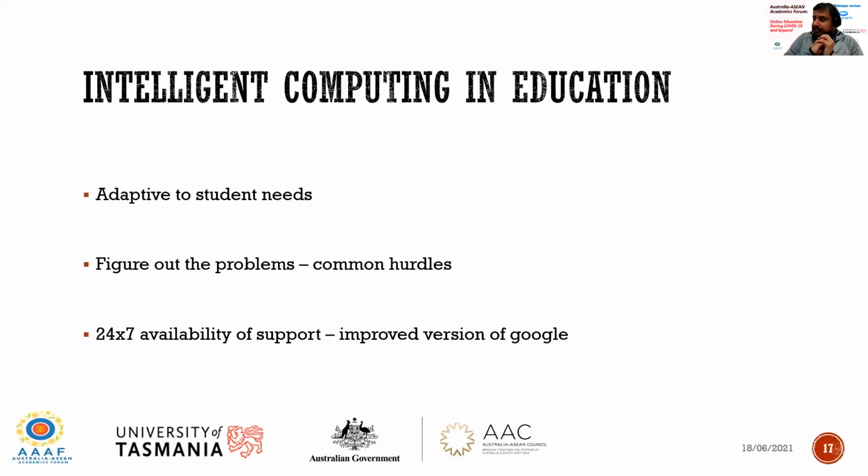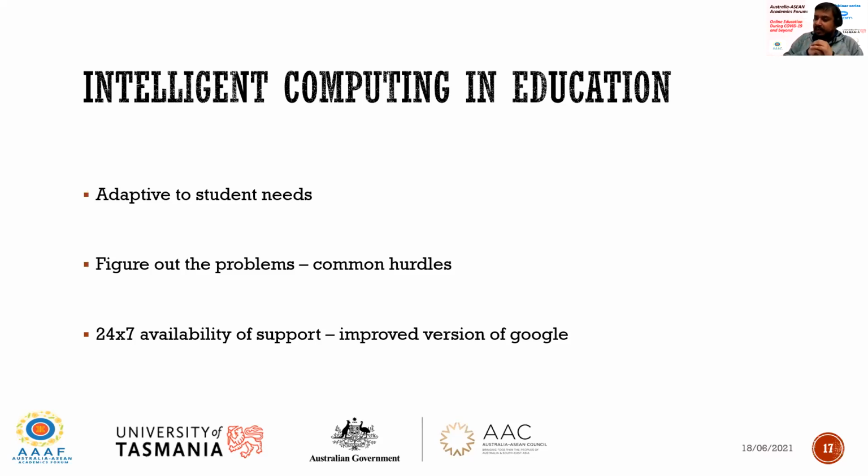So now the next part of the discussion is regarding intelligent computing in education. So what can computational intelligence do in the education field? Mainly, it can adapt to the student's needs. If the student is facing difficulties, the AI can detect that and then provide more feedback, or at least try to alert the tutors or the teachers that this student is facing some problems in